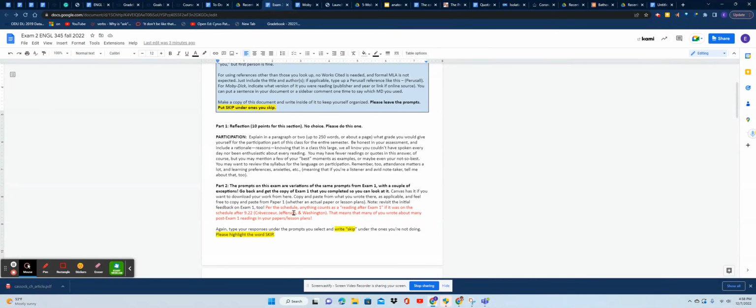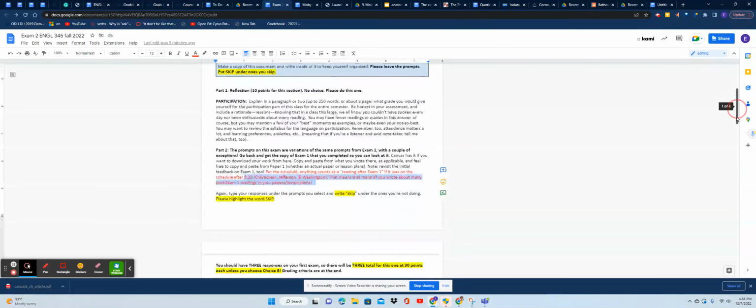I have it here in red and in a box below that I'm asking you to use anything after the first exam, which is right here, to count. Some of you are going to get lucky and find that you wrote about things in your first paper or lesson plans that's actually going to count here. Like you'll be able to copy and paste from that too, put it that way.